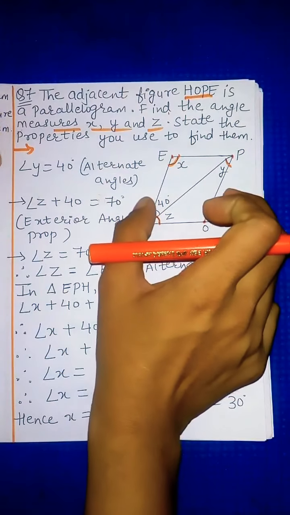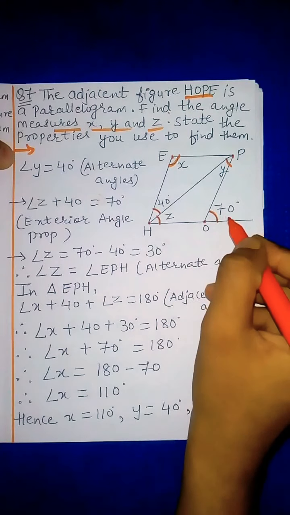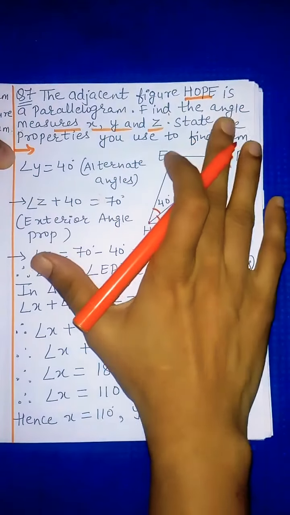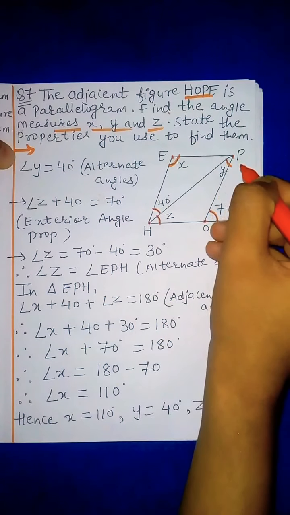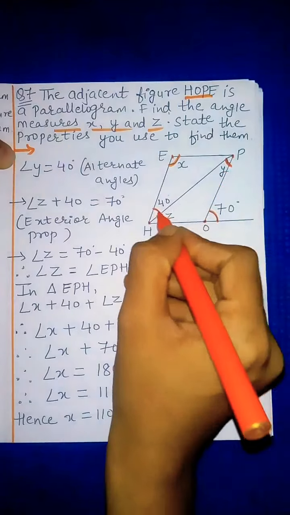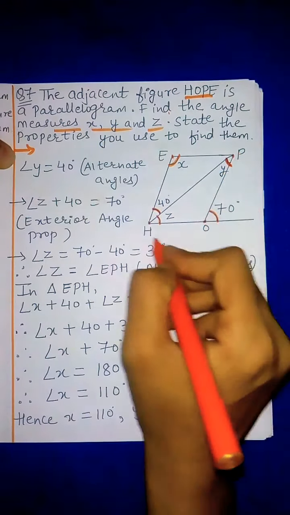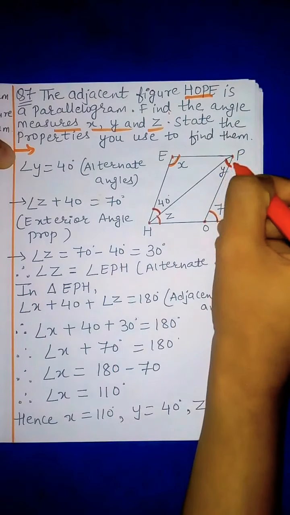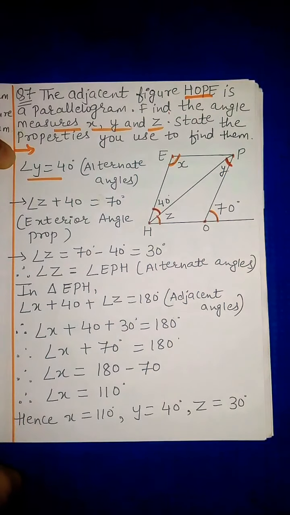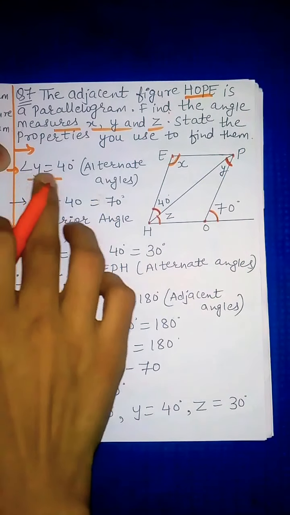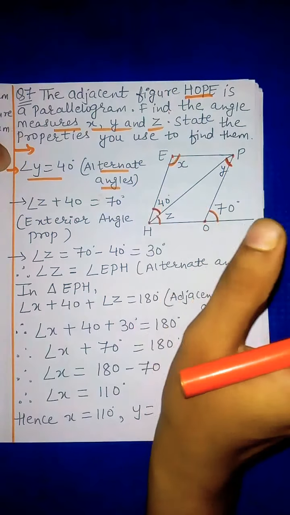So this figure is already given to us. So this is given 40 degrees, this is given 70 degrees. Now X, Y and Z we will have to find out. Again we will use properties. So first of all, directly we can write that this Y is equal to 40 degrees because this angle and this angle, they both are alternate angles. You can see the figure, this and this, they both are alternate angles. So directly angle Y equal to 40 degrees. So we will start our sum. So angle Y equal to 40 degrees. The reason is alternate angles.